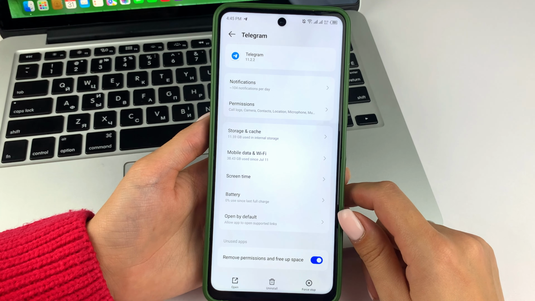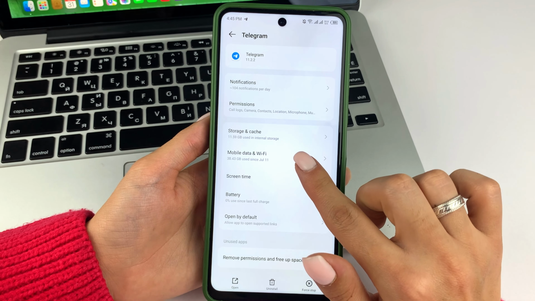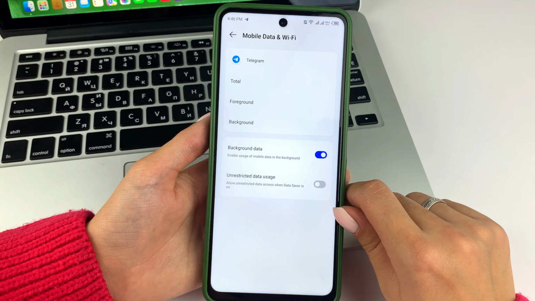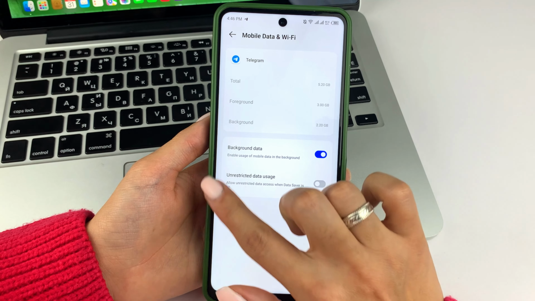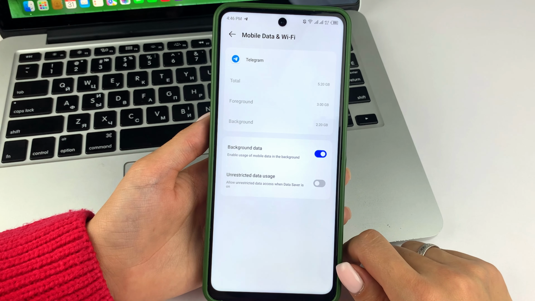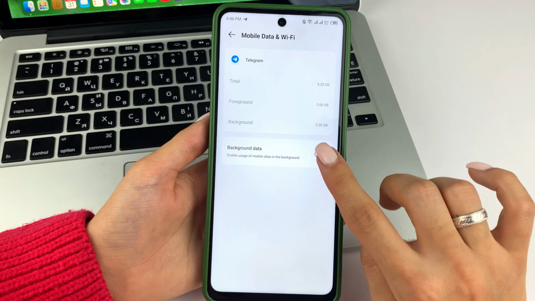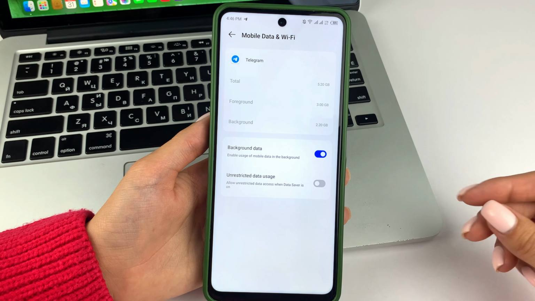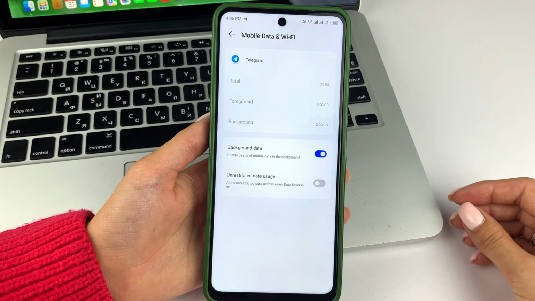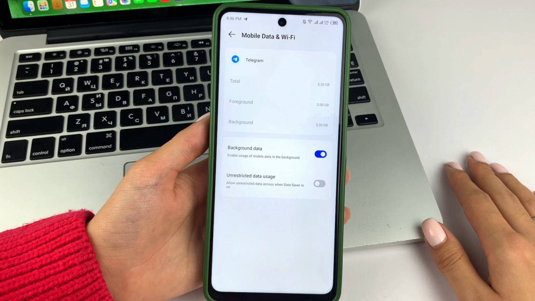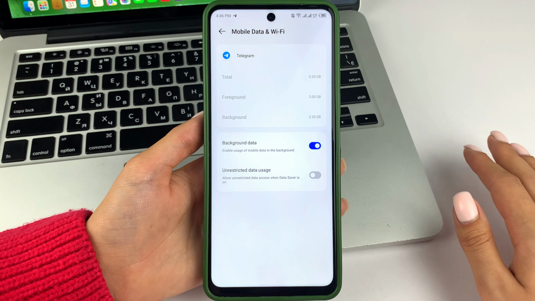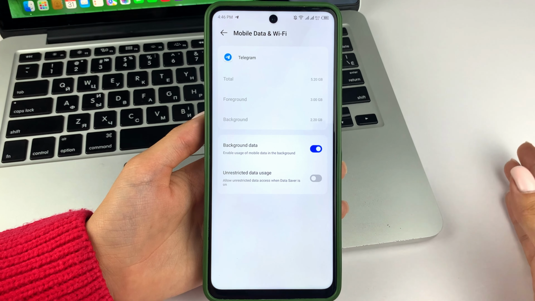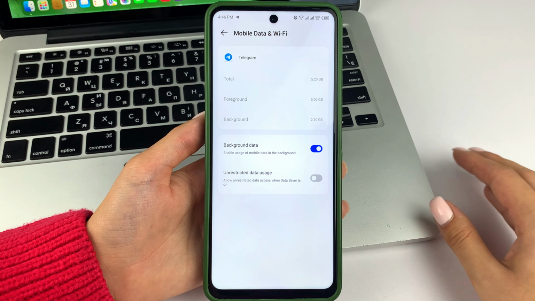and then you'll need to select an option called Mobile Data. In my case, it's Mobile Data and Wi-Fi. And here you will need to enable all these options. If you don't have them active, then activate them. Connect everything. After that, this will ensure that your Telegram is running smoothly and that your Telegram will not disconnect from your mobile data or your Wi-Fi when there are some network issues.